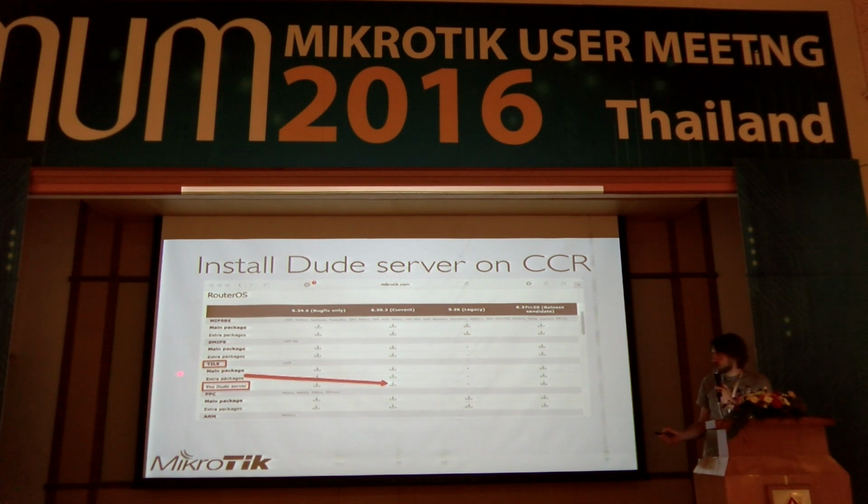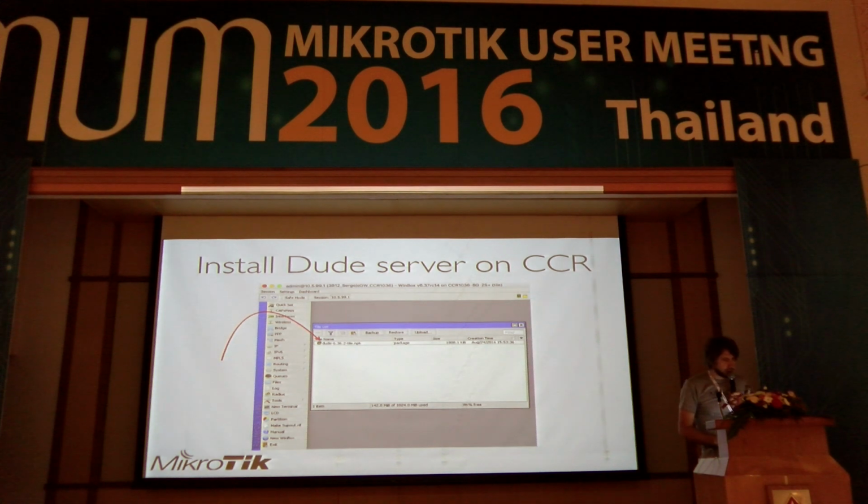It is available as well for x86, and it is available for ARM for 3011 boards. When you install, you need to check whether the architecture matches. So you download the package and just drag it into your files. You don't even need to get the file list. You access the router by Winbox and drop the package inside.